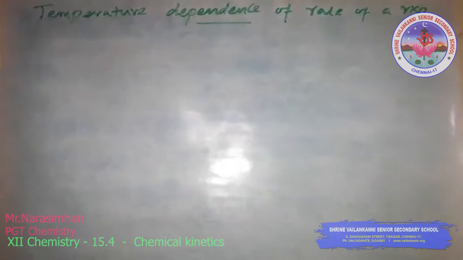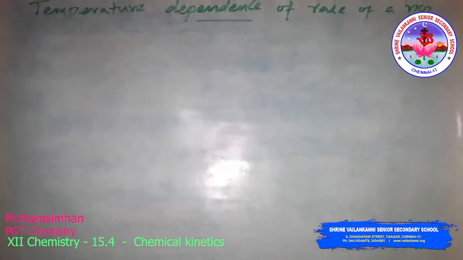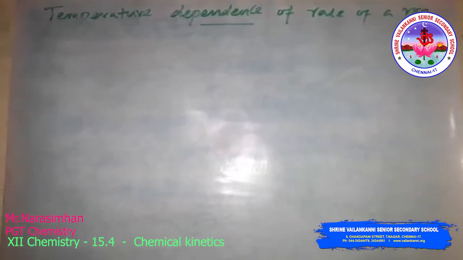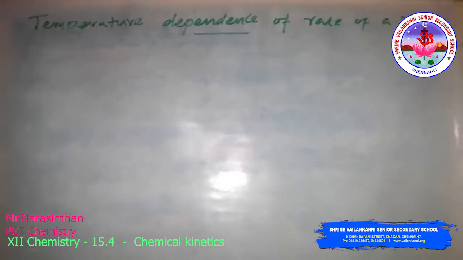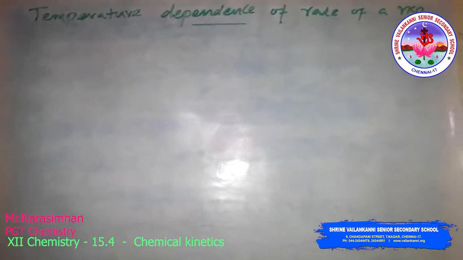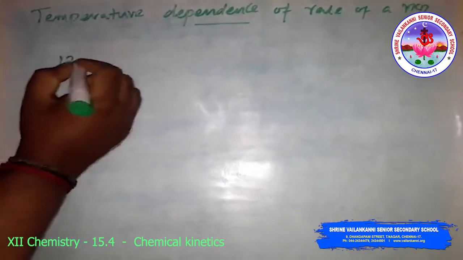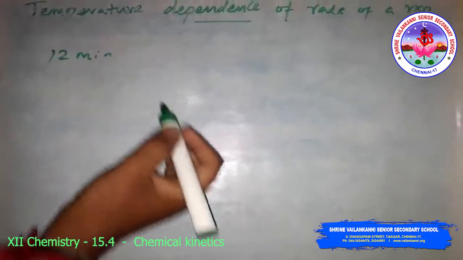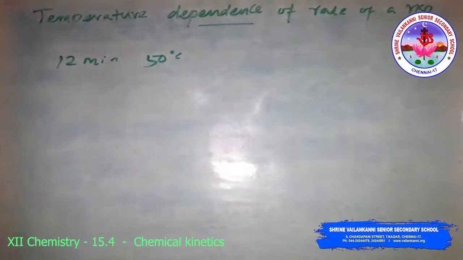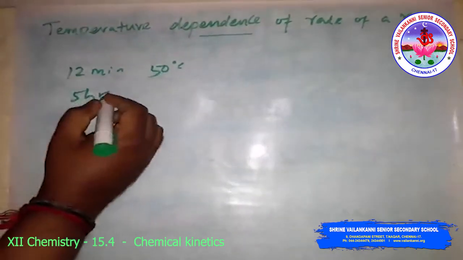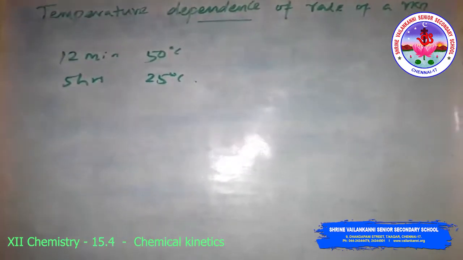Temperature dependence of the rate of a reaction. Most chemical reactions are accelerated by an increase in temperature. For example, in the decomposition of dinitrogen pentoxide, the time taken for half of the original amount of material to decompose is 12 minutes at 50 degrees Celsius, 5 hours at 25 degrees Celsius, then 10 days